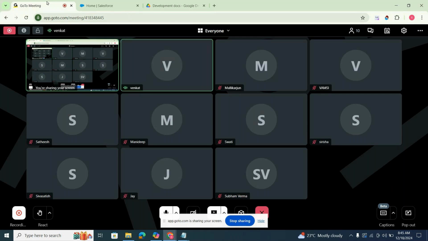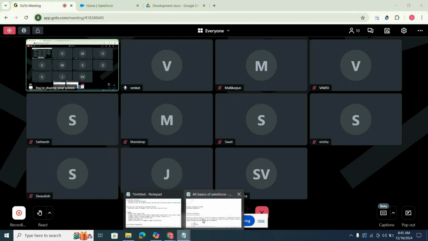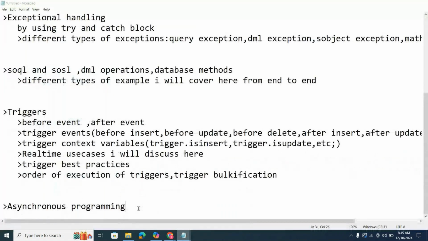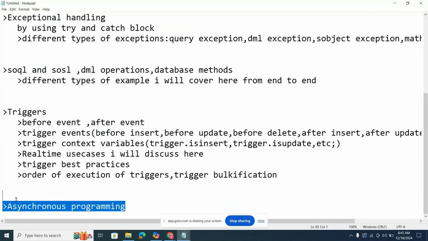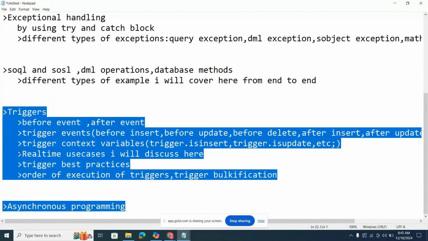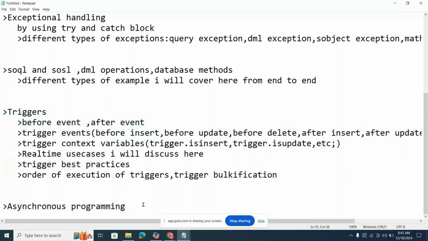Whenever we are dealing with a higher number of records, due to some governor limitations, it's not possible through Apex. That is the reason asynchronous programming came into the picture. These are advanced programming. In asynchronous programming, whenever you are dealing with a higher number of records, for example, I want to update records where active is equal to yes.